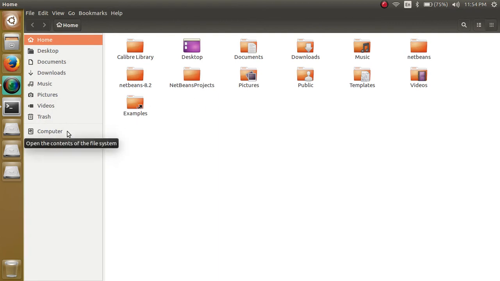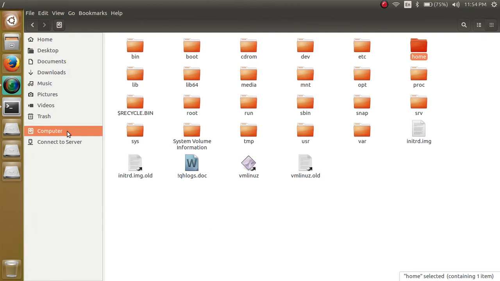Here are the options, here you can go to my computers. The command sudo nautilus is something you can use, the sudo command, for the GUI interface. That's the advantage of that nautilus command.